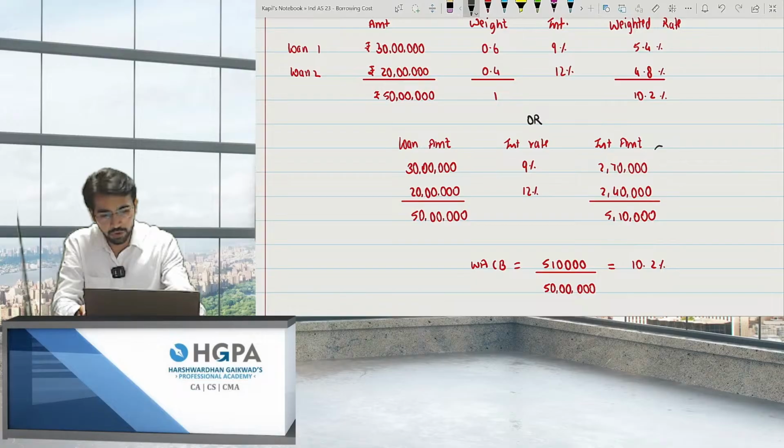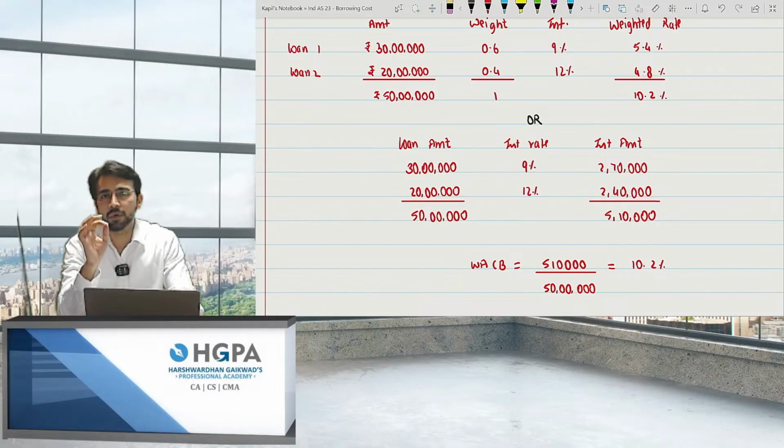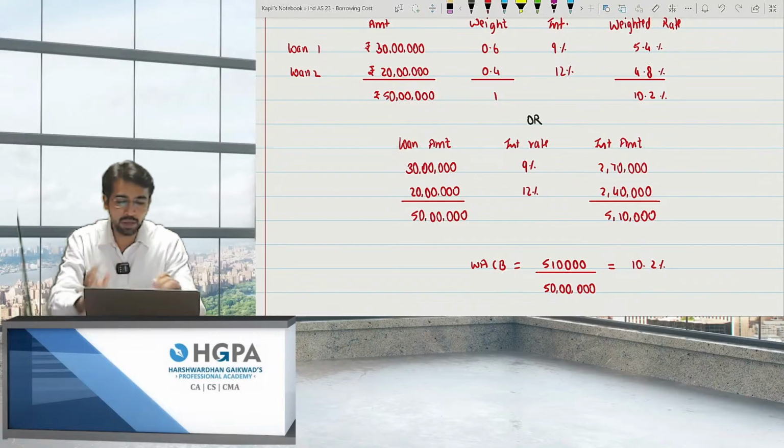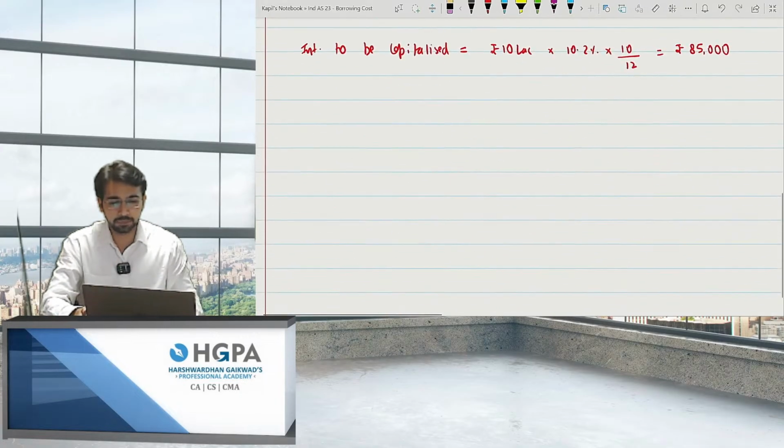And when you take the total of interest divided by this, you will get the weighted average cost of borrowing. Whenever general borrowing is there, whenever two or more loans are there, always take the WACB, that is the weighted average cost of borrowing. Now, one important point on WACB is,